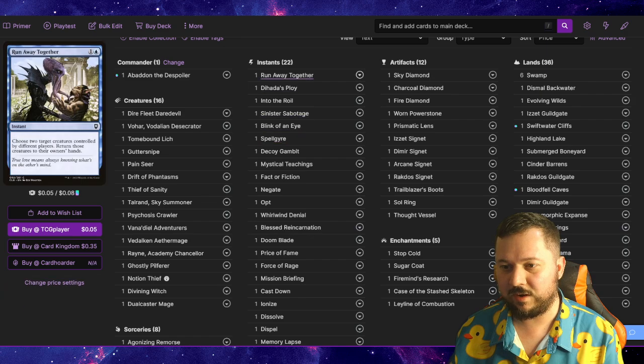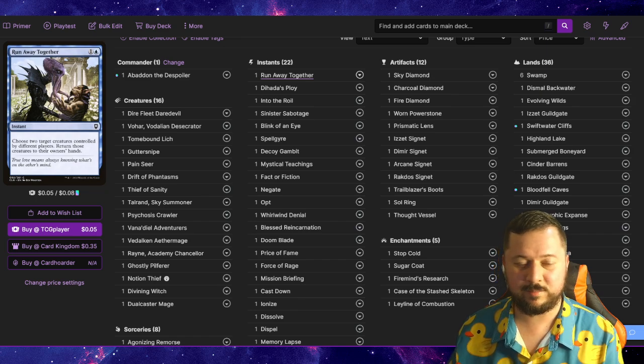Some changes that I made to the list is, I think, Runaway Together. This wasn't in before. You basically bounce 2 target creatures by different players to their owner's hand. It can be 2 commanders, slowing them down, like maybe 1 turn if they can't cast it out of their